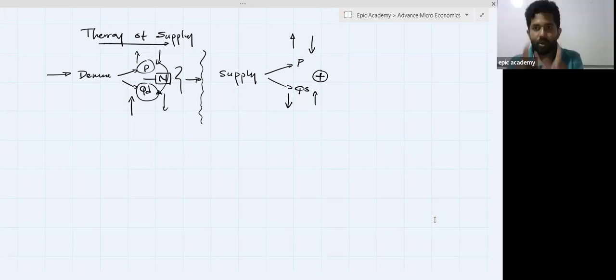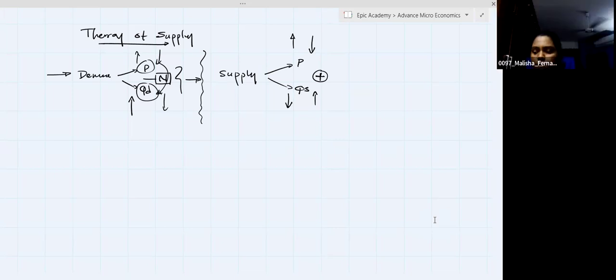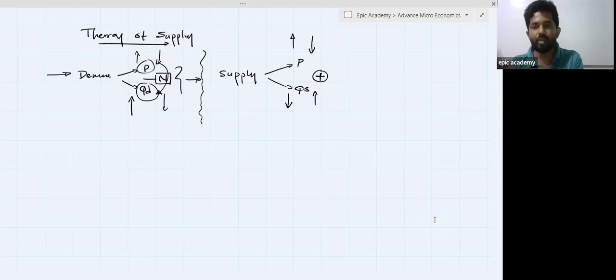If you are producing X commodity and the price of the X commodity increases, what happens to your encouragement? It increases. You produce more and more commodity. If you are producing Y commodity and the price of the Y commodity reduces, sometimes you cannot cover the production cost. Definitely discouragement will be there. You are not going to produce more and more Y commodity. You try to shift from that commodity to another commodity. That's the tactic you can use at that point.